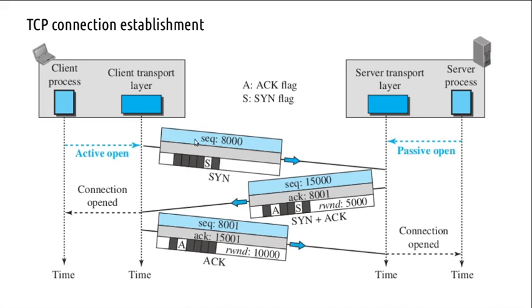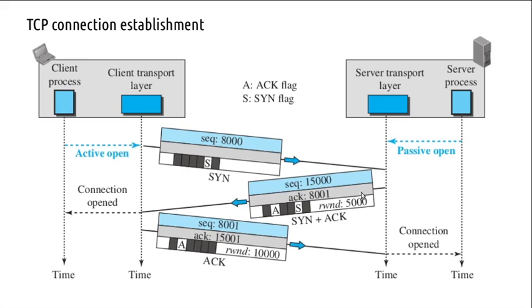segment. It doesn't contain any data, but it will contain a sequence number, and the SYN flag will be set. So we'll just discuss the SYN flag. That's why S is shown here, in the control bits in the TCP header. And the sequence number is randomly selected. Then this is going to the server, and the server TCP layer accepts it, and then